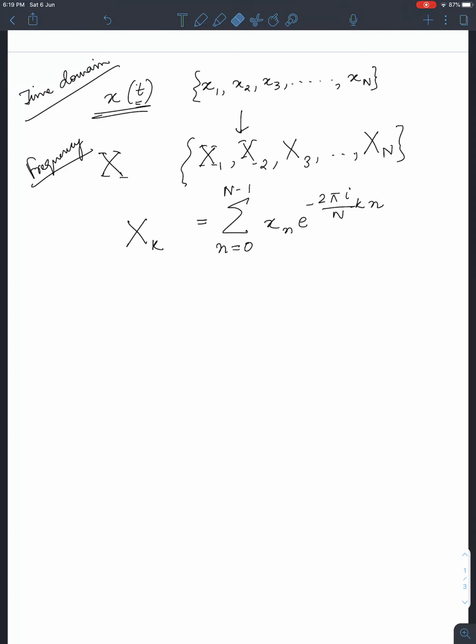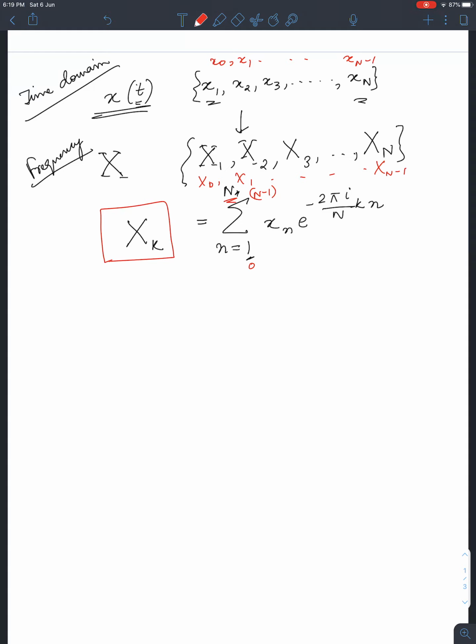Okay, so here x doesn't go from n equal to 1. If my x goes from 1 to n, then I will write 1 to n. Otherwise it will go from 0 to n minus 1. So if it goes from x0, x1 to xn minus 1, then we have again capital X0, X1 to capital X n minus 1, and then this will become 0 and this will become n minus 1 instead of n. Okay, so it depends on how you're going to write it, but at the end of the day, what we have is we can find this capital X k.